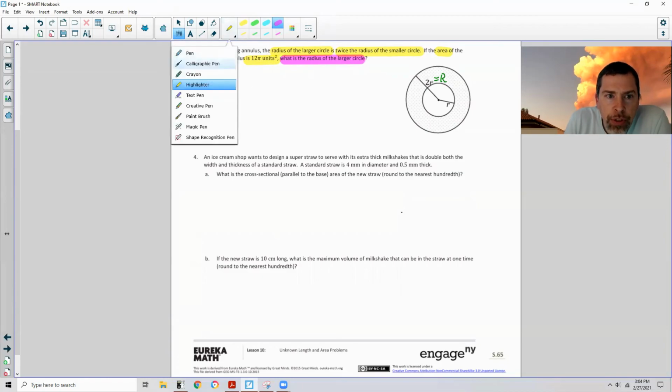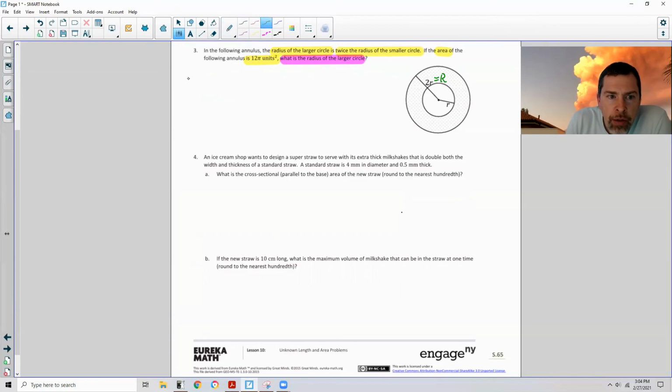Okay, so now we're going to do this. And as I always say, write a formula. So area equals pi times big R squared minus little r squared. So there's my formula. Substitute in the givens. Okay, 12 pi units squared is my area. So I'm going to put 12 pi. I'm going to just ignore the units for right now. 12 pi equals pi times, and if big R is 2R, then that would be 2R quantities squared, okay, minus